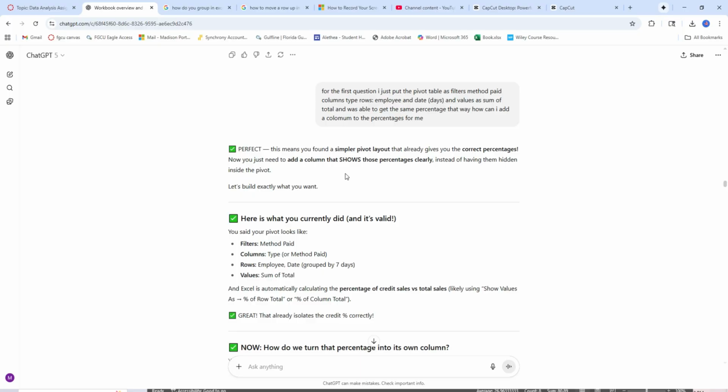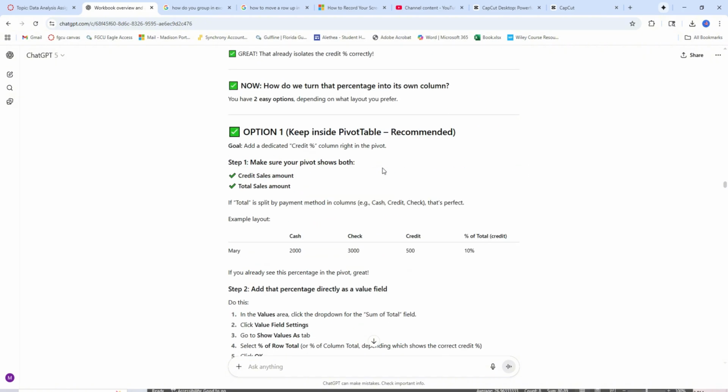So I worked with ChatGPT and also figured out my own way on how to do it, because sometimes chat can give you a more complex one. So I was like, okay, well, this is how I did it as well. And they're like, okay, that's a simpler way of doing it. And then